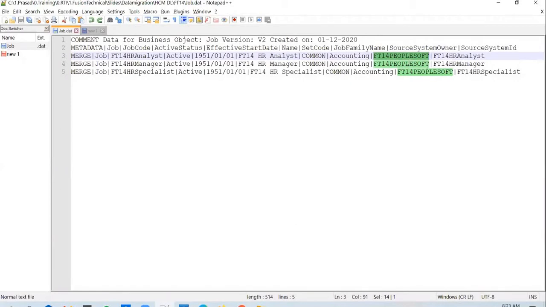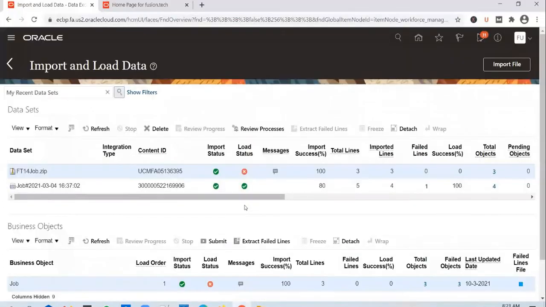In HCM Cloud, there is a seeded lookup given by Oracle called source system owner. Before you use any source system owner in the HCM data loader files, you need to enter it in that particular seeded lookup. Okay, so I wanted to make the file end in error and then show you how to reprocess it as well.